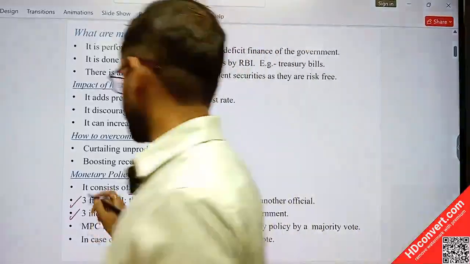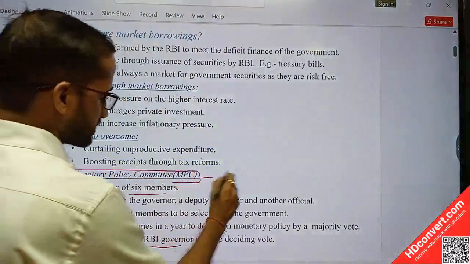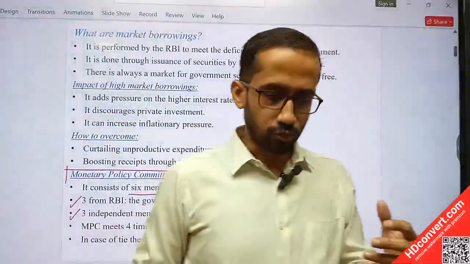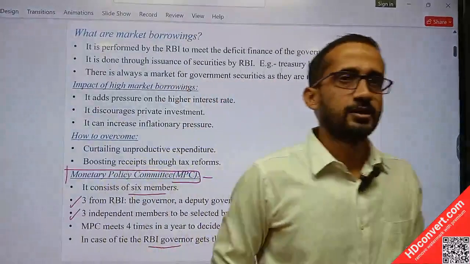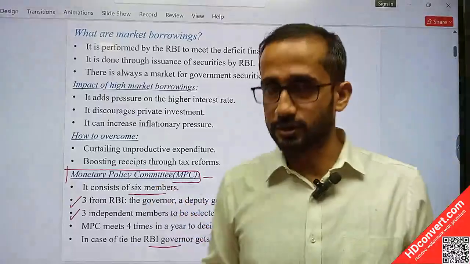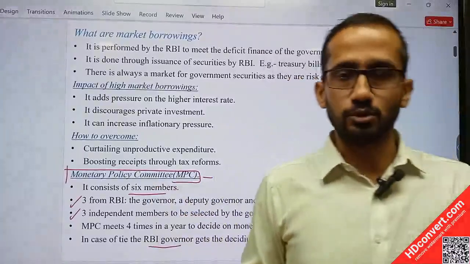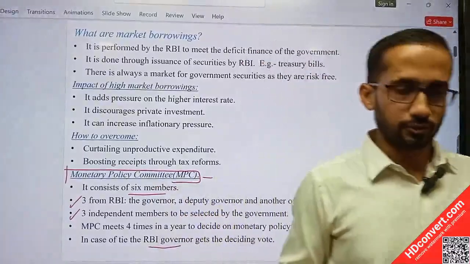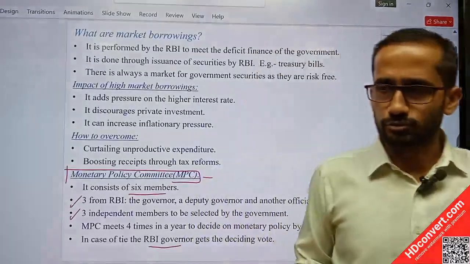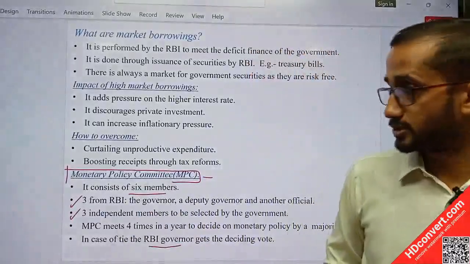Okay, but before the Monetary Policy Committee was formed in 2016 or 17, we know that the Reserve Bank of India was an autonomous body. But after the formation of this Monetary Policy Committee, the autonomy of the Reserve Bank has actually diluted. That is the main reason why two governors, we all know, Raghuram Rajan sir as well as Urjit Patel, no? So these two RBI governors resigned, okay, in protest against this Monetary Policy Committee, because monetary